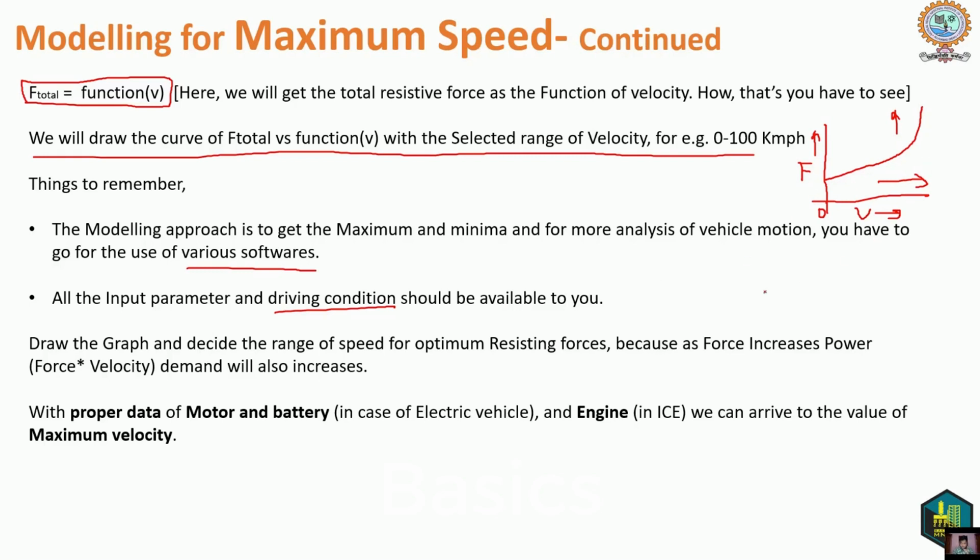So you draw the force versus velocity curve, and from here you have to find the maximum velocity. I know the mean velocity, and I have to take the maximum velocity. So I will see what is the maximum power demand a vehicle can have. If the power demand increases, obviously the component that is going to generate that power will also need to be larger, so there is a restriction in the sizing. According to that restriction, you can determine the maximum value of power. Accordingly, you can decide a value of resistive forces above which I cannot go, and again you will get this maximum velocity.